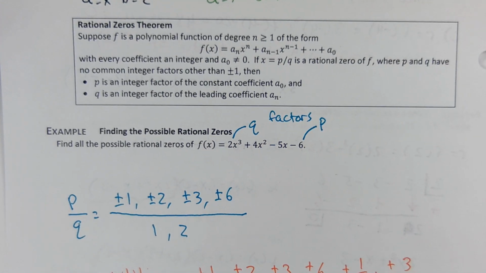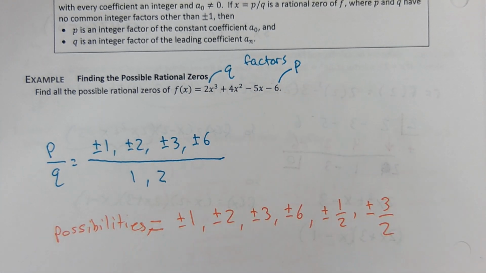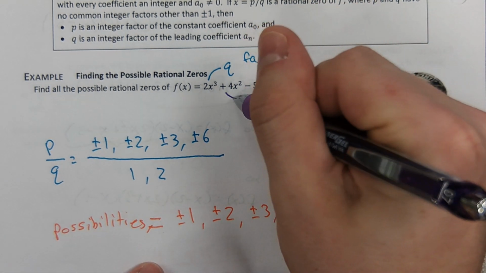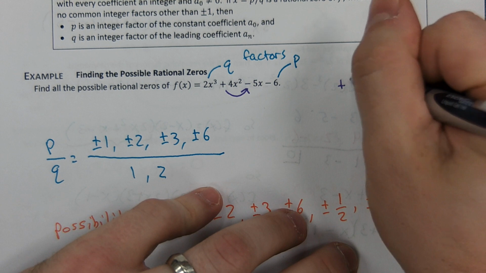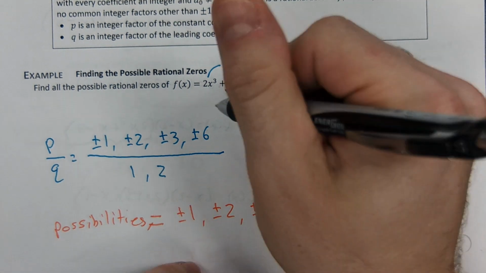I want to look at this one real fast, again from yesterday. Let's use Descartes' rule of signs on it real quick. How many sign changes do we see on f of x? I only see 1. So for the positives, we know there's 1. But if you were going to find f of negative x,